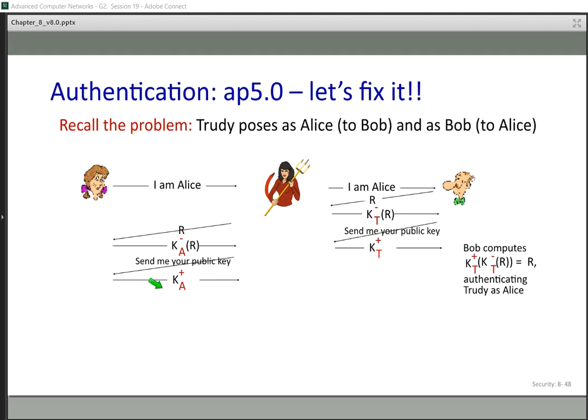At the same time, Trudy can repeat the process with Alice. "Okay, if you are Alice, let me know." Until now, Alice and Bob think that they are talking with the other side. Alice thinks that she's talking with Bob, and Bob thinks that he's talking with Alice. But Trudy is here, and Trudy starts that authentication mechanism with Alice and Bob. So everything is correct.